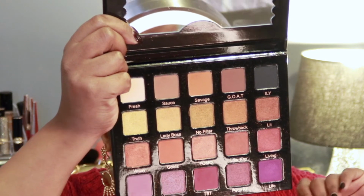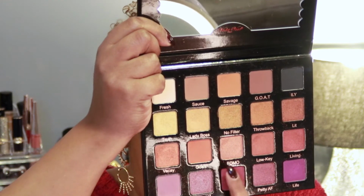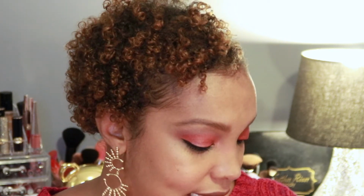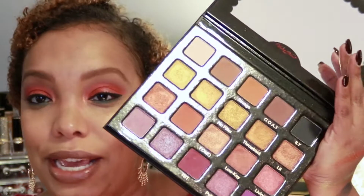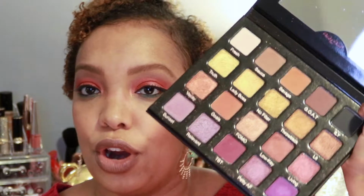Everybody has their favorite at this point. But Throwback is one of my favorite shades. Vacay is one of my favorite shades. FOMO is one of my favorite shades. If you just love rich orange coppery shades, this is literally the palette for you. I took this on vacation at the very beginning of 2018, and I wore this palette the whole week in Brazil. I had such a good time using and creating looks with this, and it was just infinite. The orange and the purples together are so pretty, and then you have the golds, and then you have the more